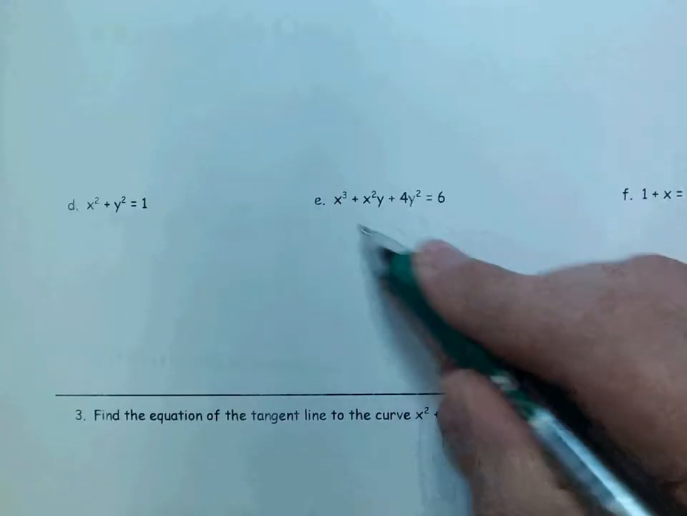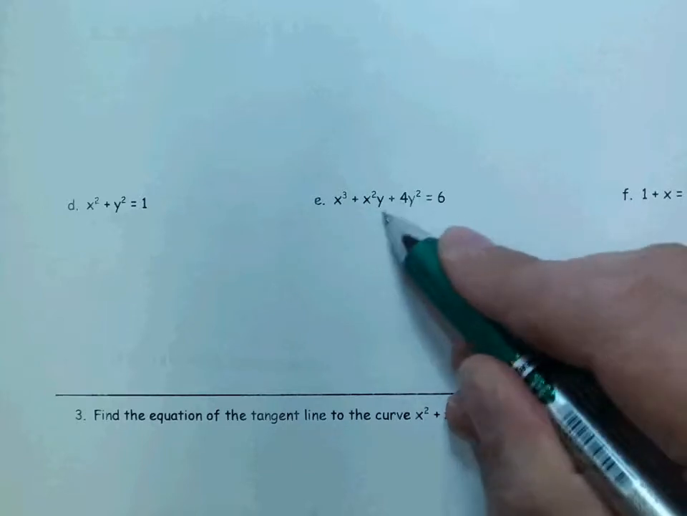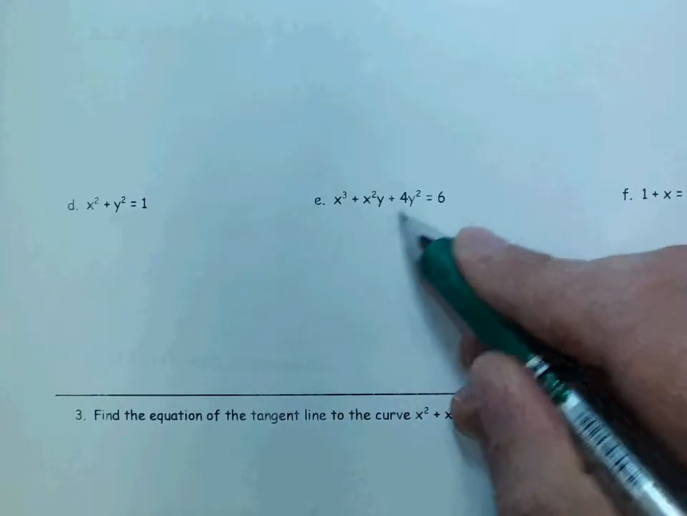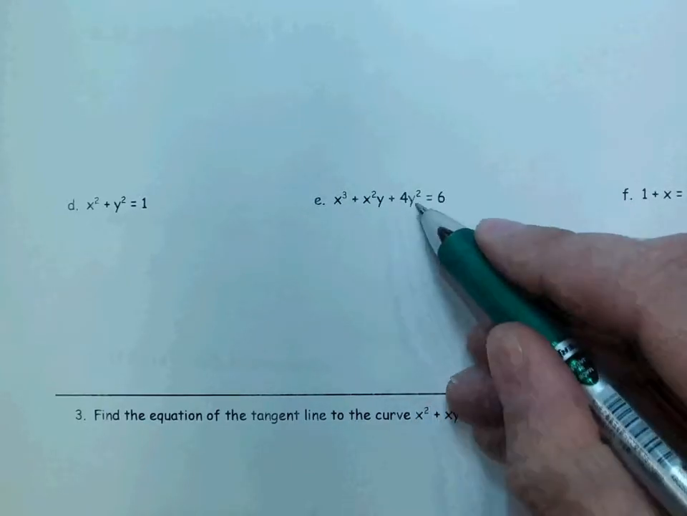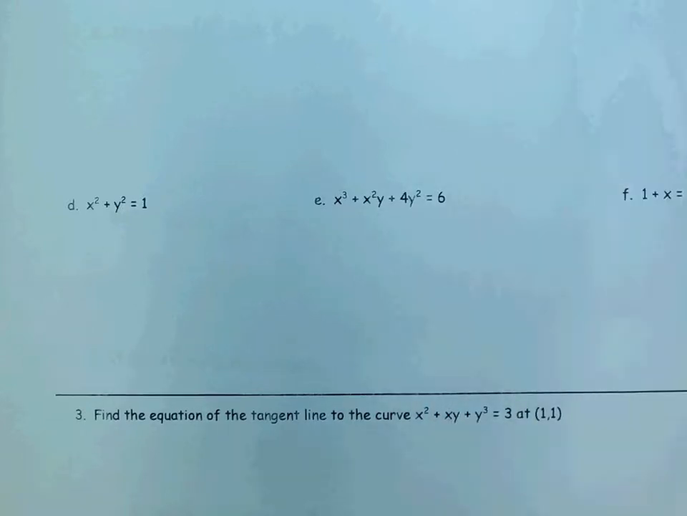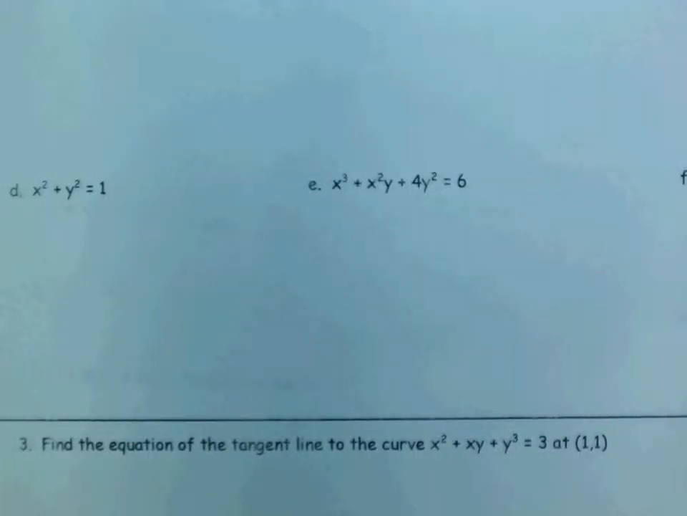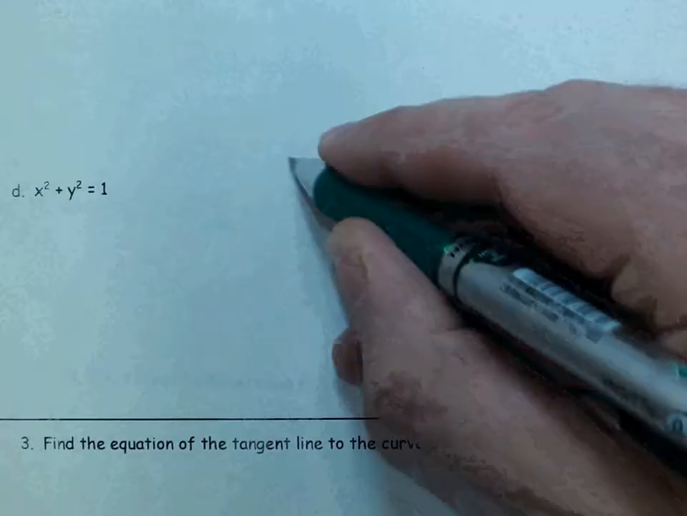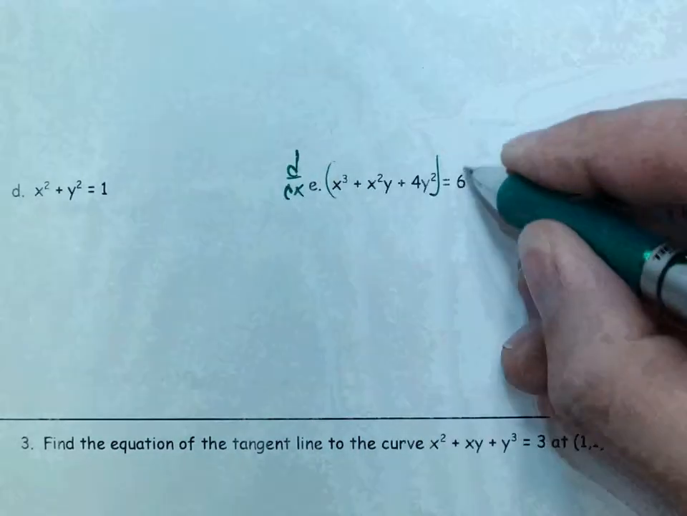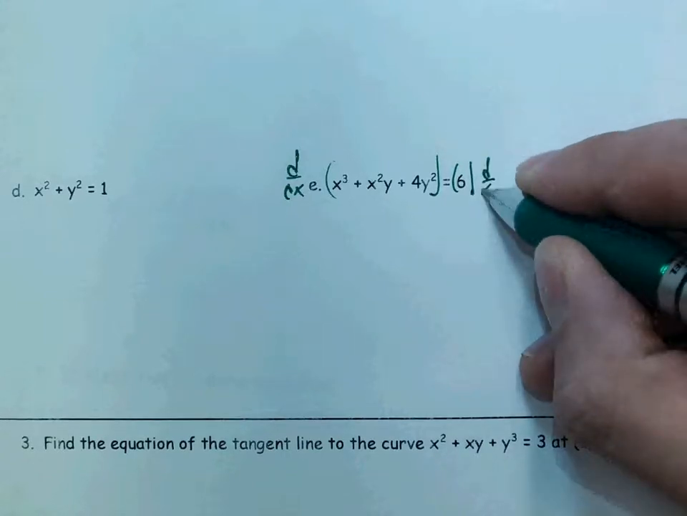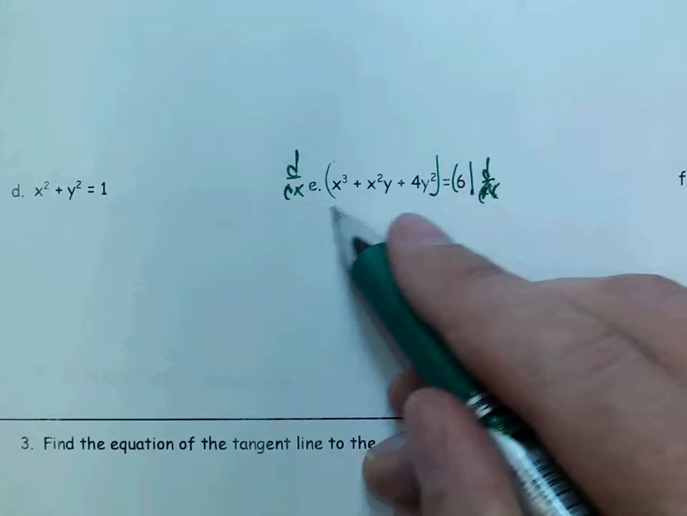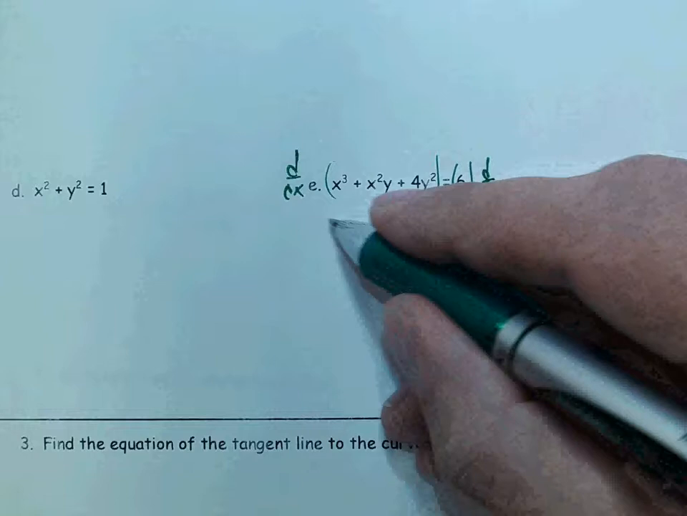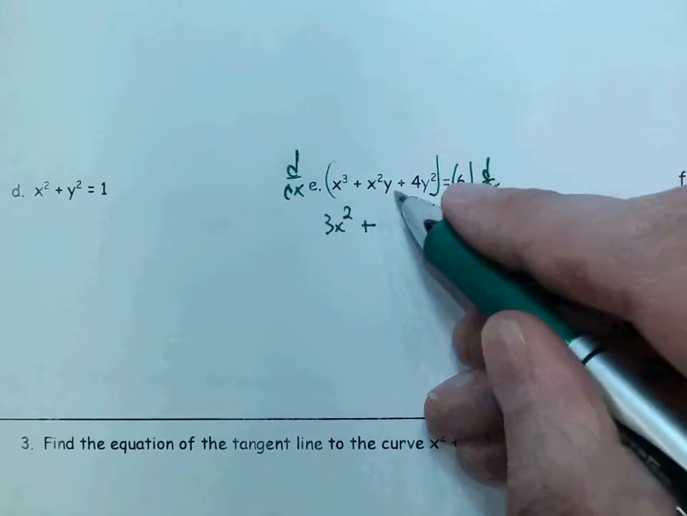Here we've got a function where it would literally be impossible to solve for y because we have a y squared and a y. Instead, we can just take the derivative of the function we see here, and what we do is we just do d dx, the derivative with respect to x, on both sides, and when we do the derivative with respect to x on the left side, we get 3x squared plus,